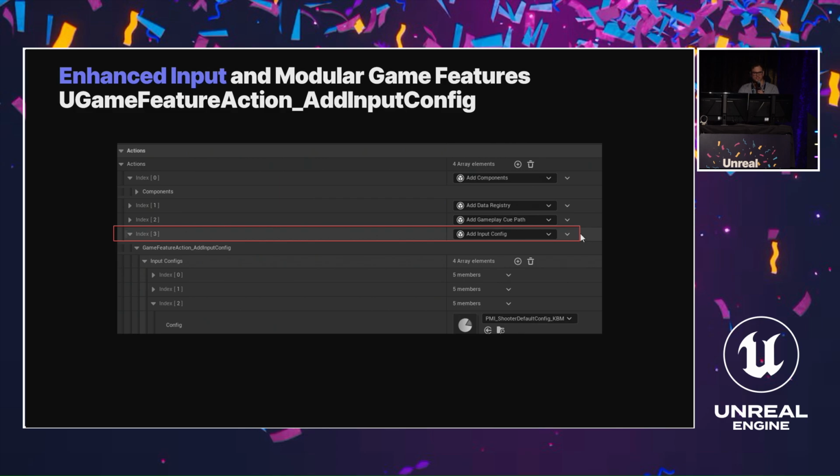The game feature action add input config is a game feature action responsible for registering enhanced input player mappable input config data assets, which contain input mappings that can be added to the local player. This means that each game feature can then register its own set of key bindings relevant to that experience. And these mappings are registered whenever the game feature plugin is loaded, which allows us to change key bindings for any experience, even if it's not currently active,